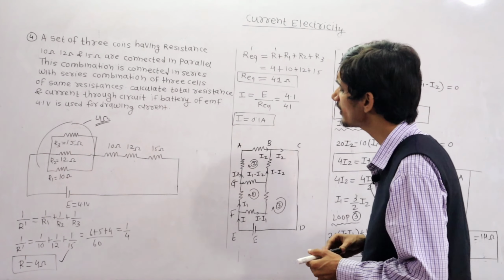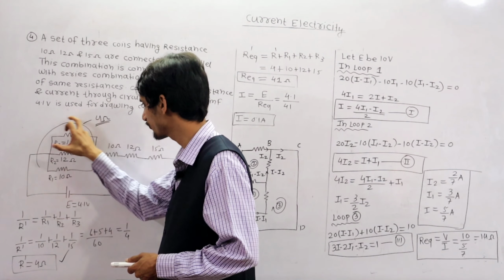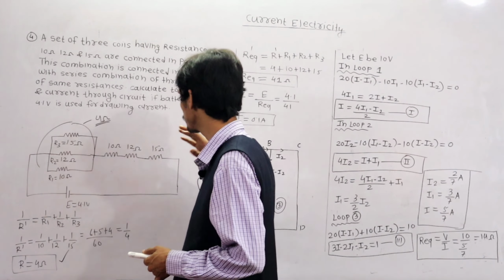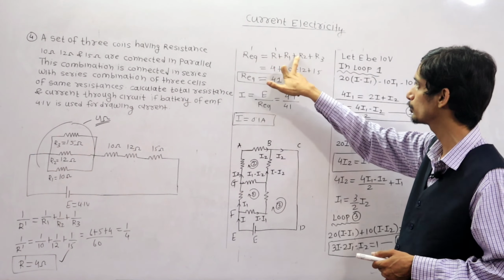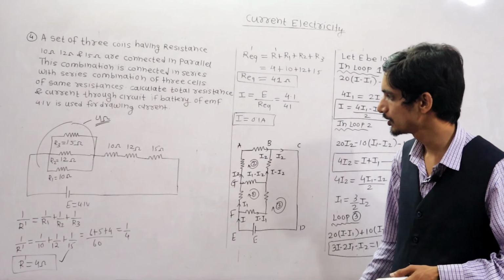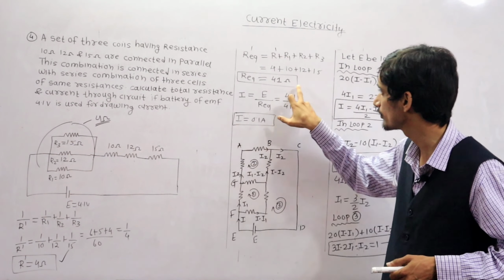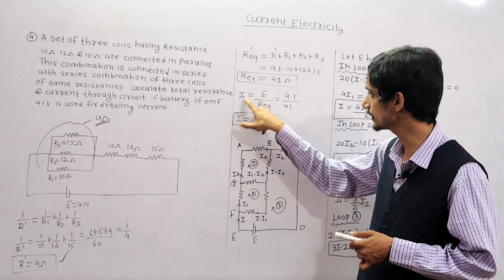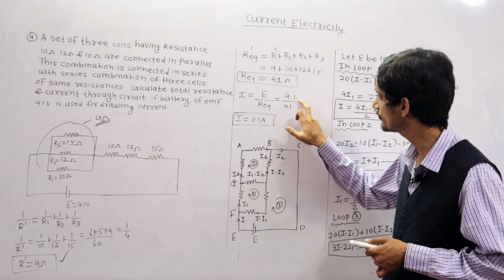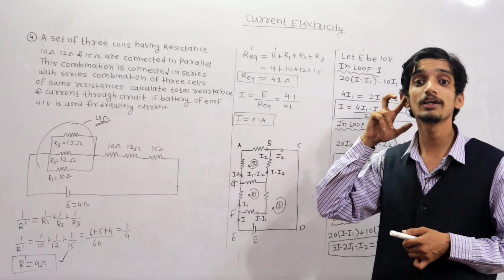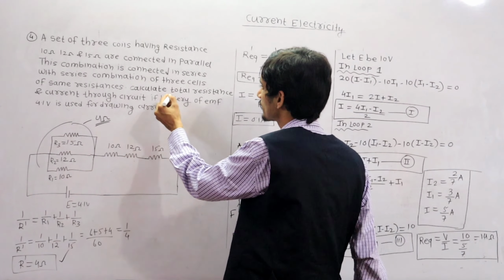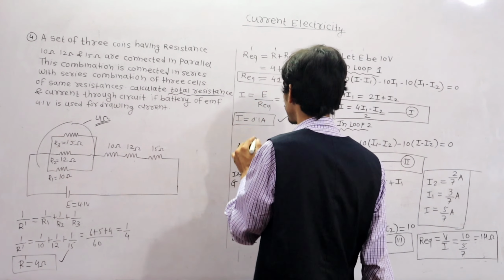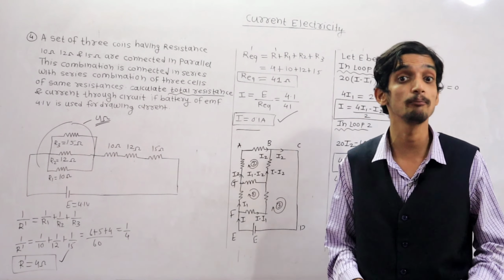Now total resistance means what? This equivalent resistance plus 10 ohm plus 12 ohm plus 15 ohm. So R equivalent is equal to R dash plus R1 plus R2 plus R3, which is equal to 4 plus 10 plus 12 plus 15. So R equivalent is 41 ohms. So what is the overall resistance? 41 ohms. Now the current, I is equal to E upon R equivalent. What is E? 4.1 volt upon R equivalent 41 ohms. So what is the current? 0.1 ampere. So in this way the total resistance of the circuit is 41 ohms and the total current is 0.1 amperes.